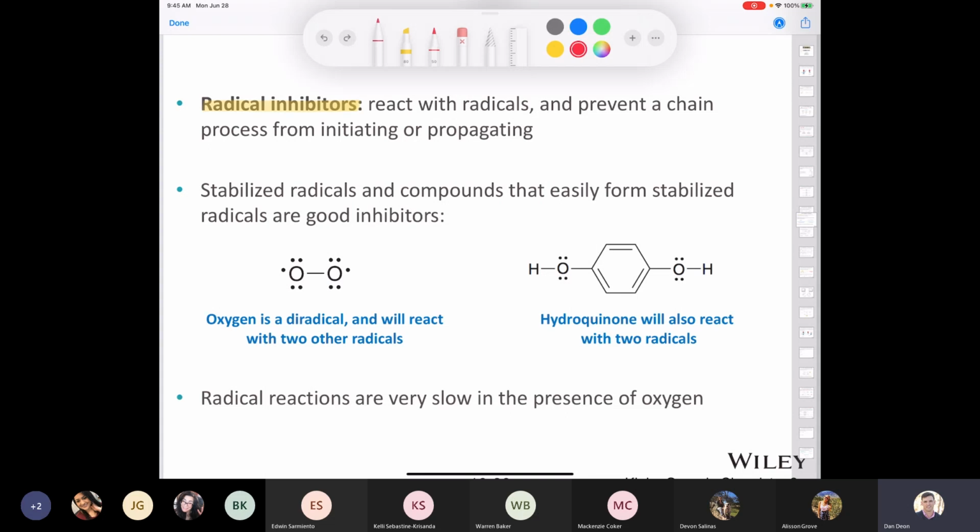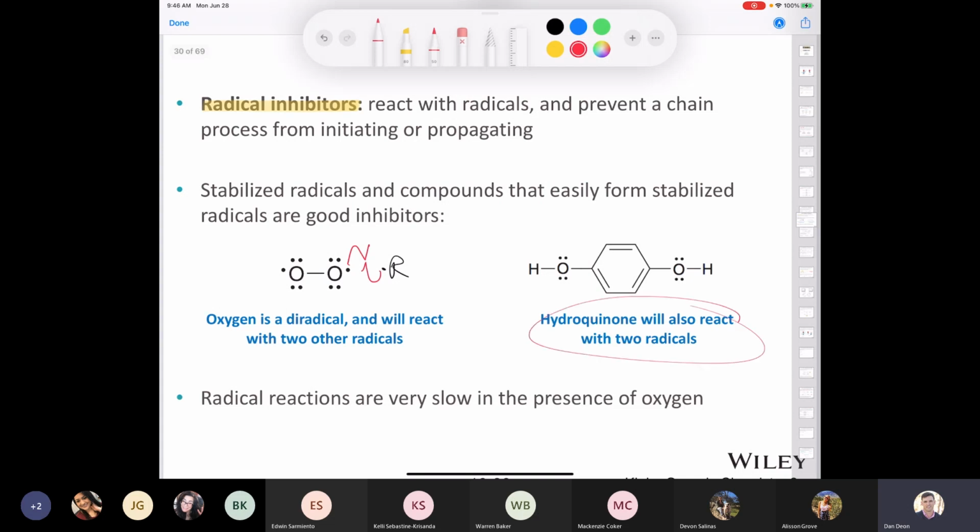Because if it sees another radical, right, let's say there's a radical that you don't want in your reaction mixture, well, oxygen is just going to consume that. Or let's say you're doing a reaction and you want to have a radical. Well, if there's oxygen in your reaction mixture, it's just going to get rid of it. Okay, it consumes it. So normally when we do all these beautiful radical reactions, we try to avoid having oxygen around. Another one is